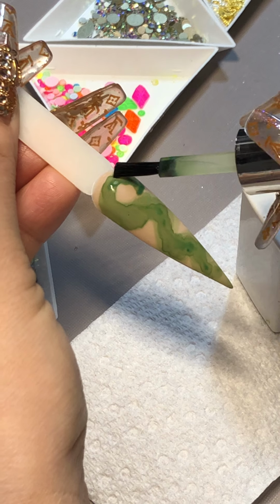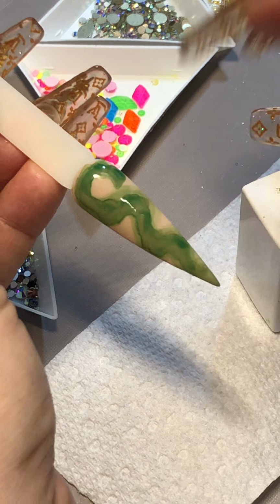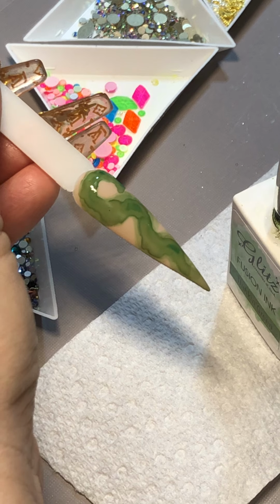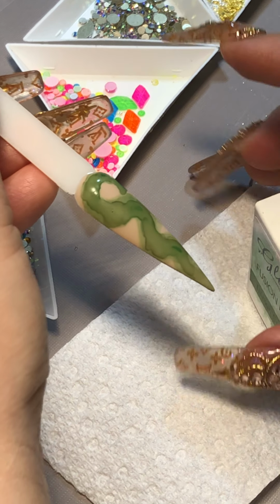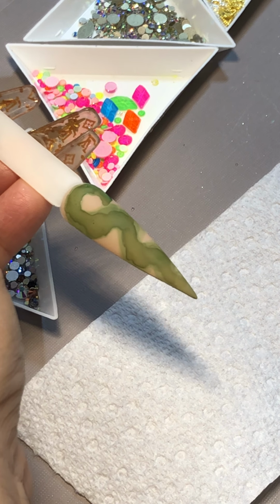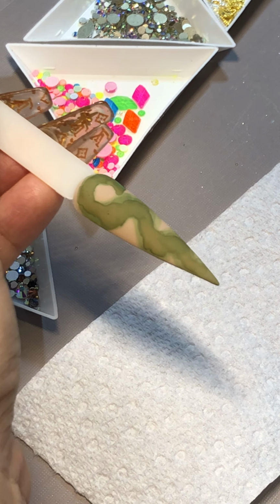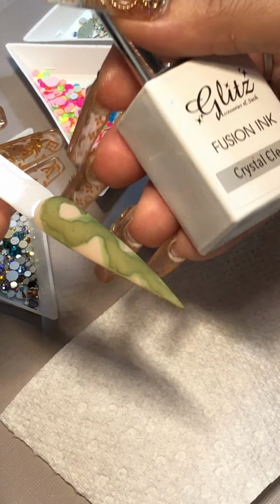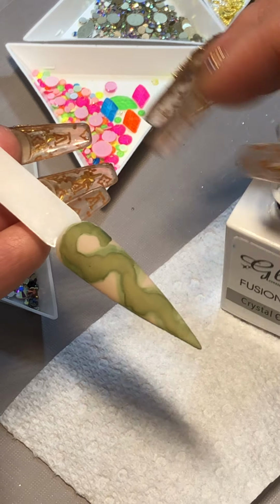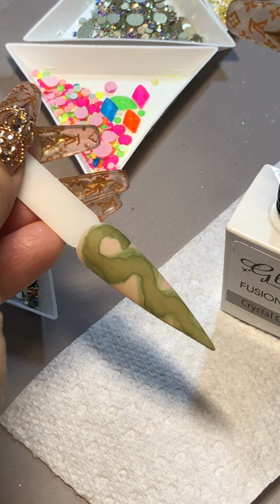That's it, it's done. You can hear the beep beep. So if you want to lay another color, you want to wait until it's all shiny and wet, and it's not setting yet, until it's completely going matte. And we're going to use only one tool for the fusioning, which is crystal clear. I have it closer here so you can see it, and wipe off almost all the excess crystal clear,